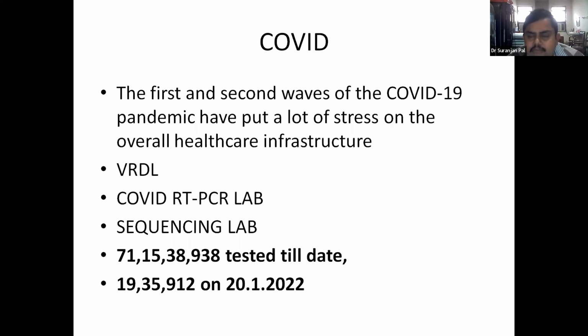Through funding from different agencies like ICMR, DHR, our government funding, and also UNICEF, we got to develop our labs. We have COVID RT-PCR labs and sequencing labs. There is also development of biorepositories for COVID. There are about 17 to 18 biorepositories nationwide, where we are storing the different COVID samples as well as the COVID strains to generate further diagnostic strategies as well as vaccinations. Till date, about 71 crore tests have been done, which is a huge volume and a commendable one.